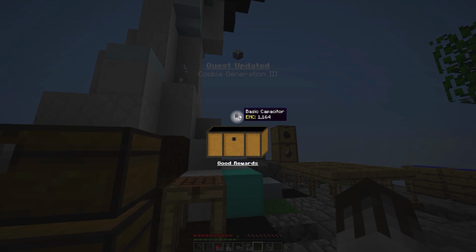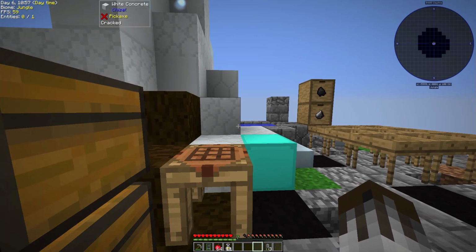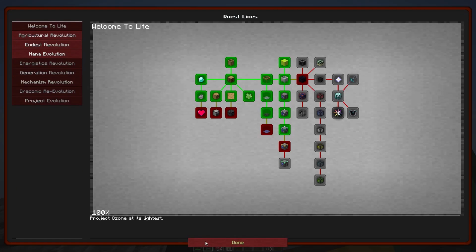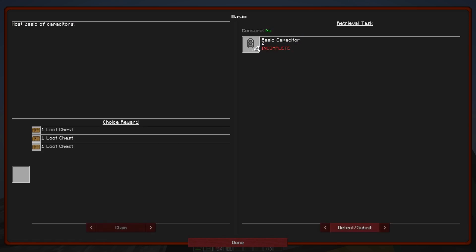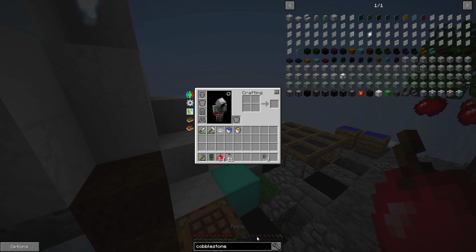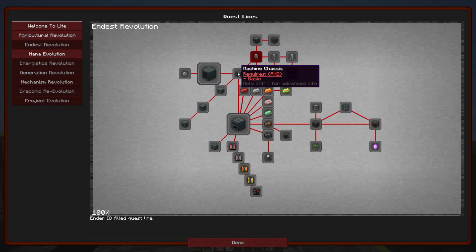Some basic capacitors. Actually, that's perfect. It's not amazing because we could have got something better, but we are actually going to need a basic capacitor very, very soon. And I think... Oh, we need 4. We only need 1 more basic capacitor, and then that would have been perfect. That would have literally been the perfect thing for us right now. But no, we need 4 of those, and we are going to have to get onto...